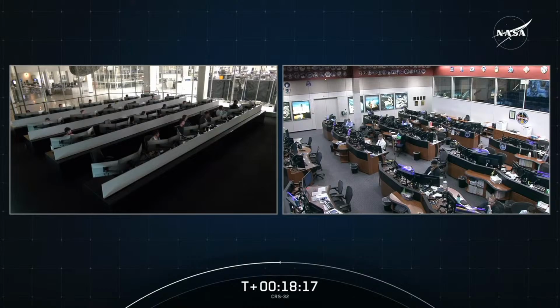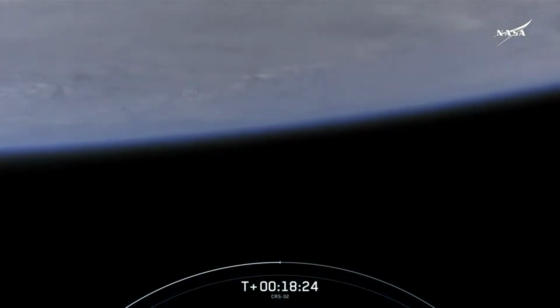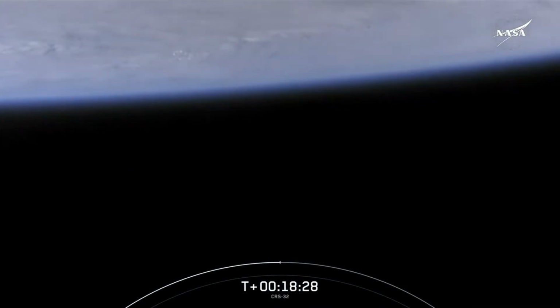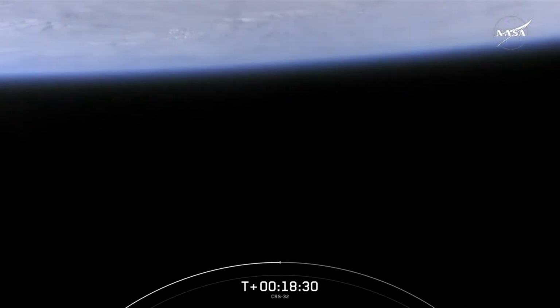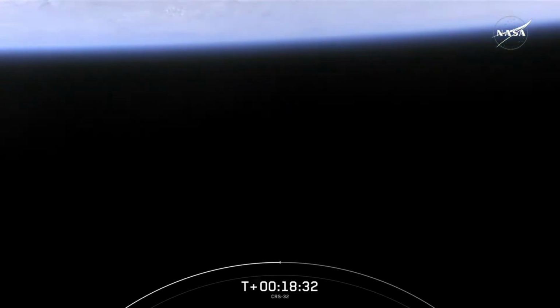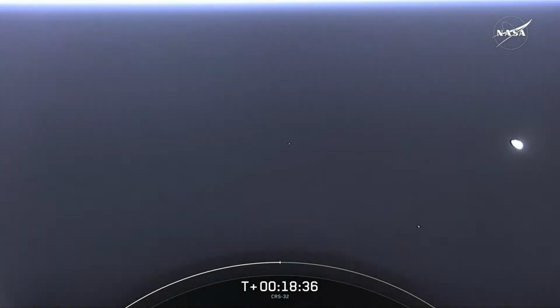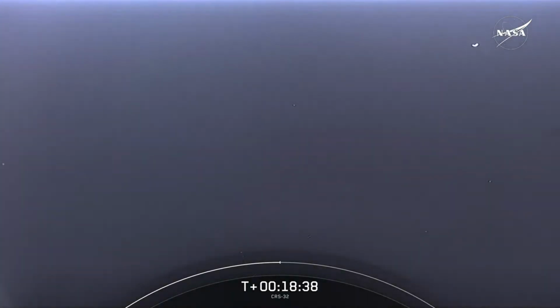And we just got confirmation that the nose cone deploy has been completed. And again, that exposes those forward bulkhead Draco thrusters as Dragon now continues its journey. And there's a great view coming from the Dragon spacecraft right there, the first looks of Earth as it makes its way and fades up towards the top of your screen. And again, Dragon carrying those 6,700 and such pounds of cargo and supplies, beginning its journey to the International Space